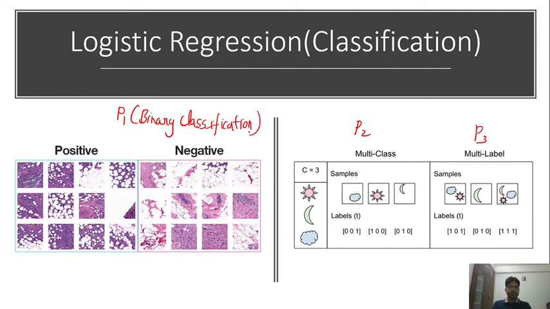Now we have another variety of problem where instead of two classes we have more than two classes. Just for simplicity we have taken three classes. Similarly it can be 30, 300, 1000 or 2000, any number of classes can be there, but the idea will remain the same. So we have taken a three class classification example. Let's say we have three varieties of classes: one class is sun, another class is moon, and the third class is cloud. Now if you have an image